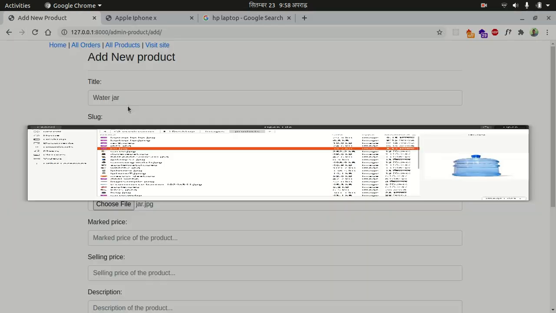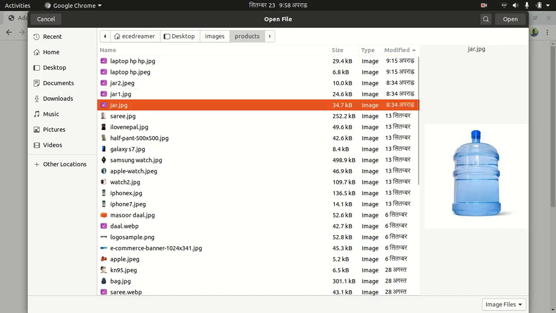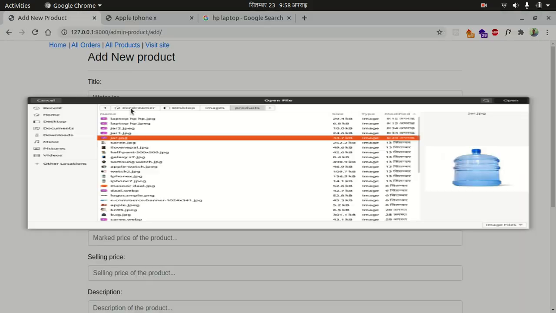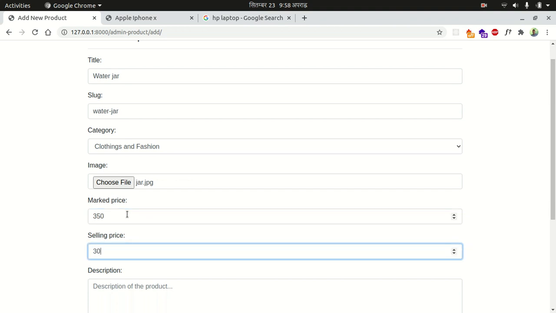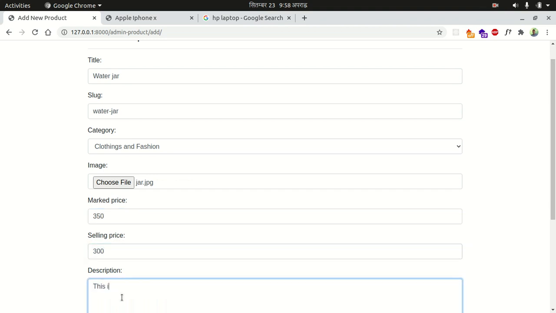And after that, water jar. I'm going to upload this image, since you know that this will only accept one image. Marked price will be 350 and selling price will be 300. Description will be this is the